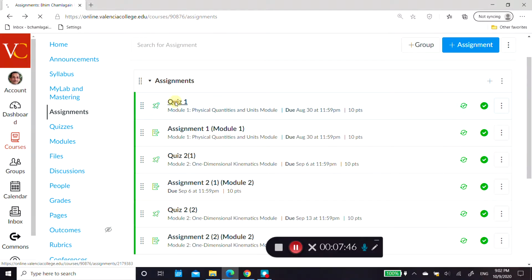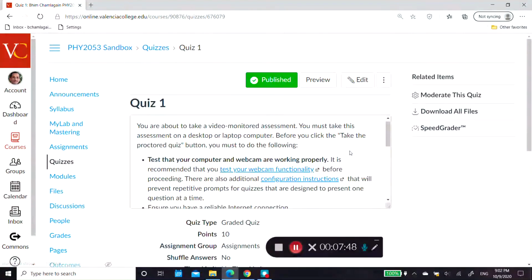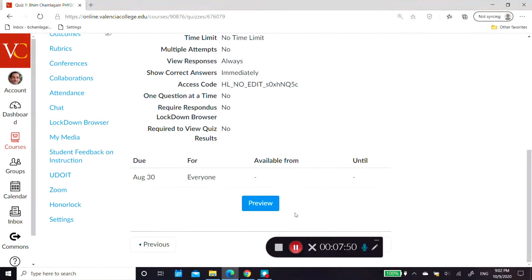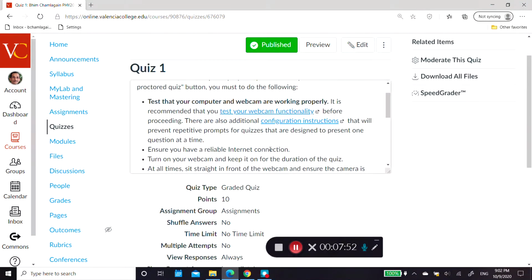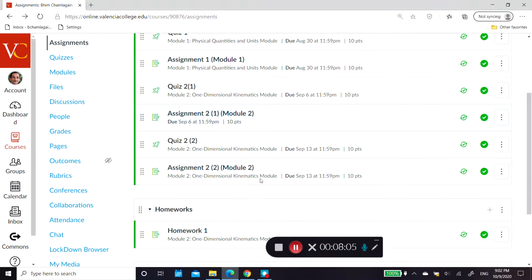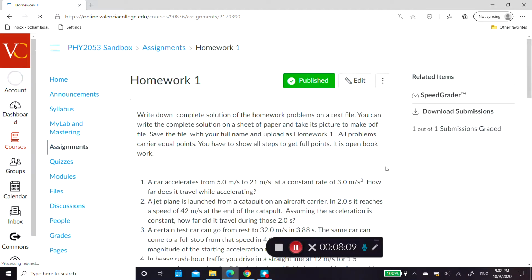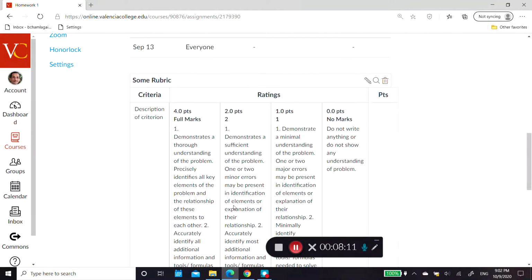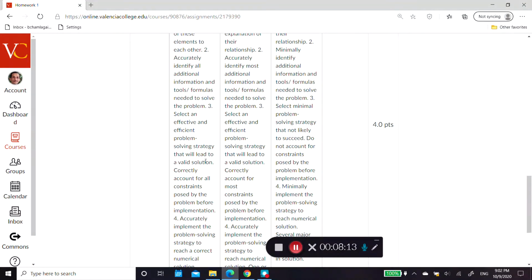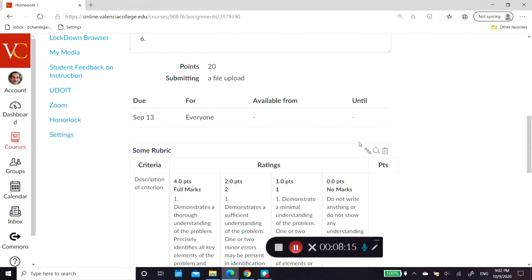The quiz sections are monitored by this honor log, and they have to do it in one sheet. I also use SpeedGrader to grade it. They also have a homework assignment, which has multiple problems with a rubric attached, and I usually use this rubric to grade them.